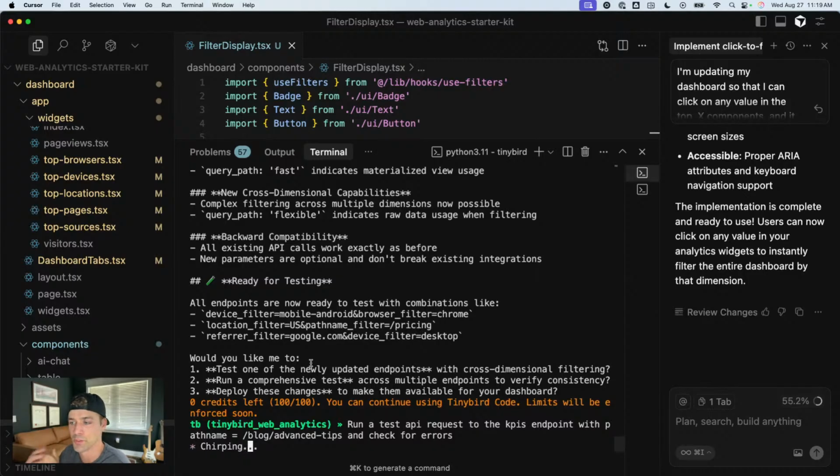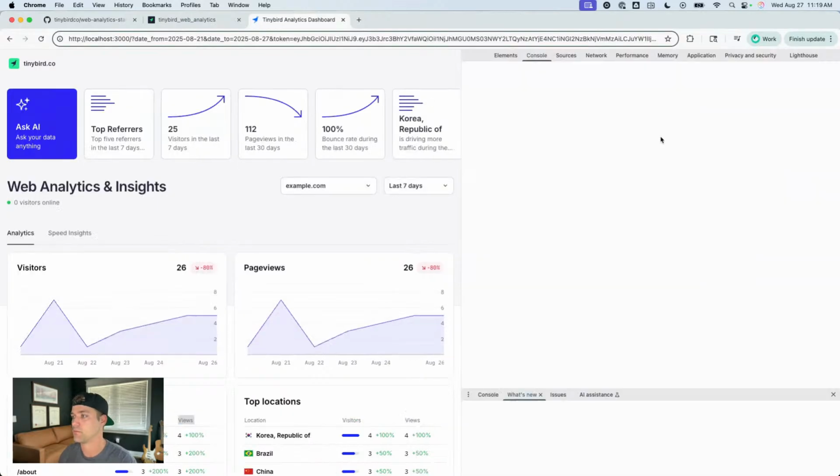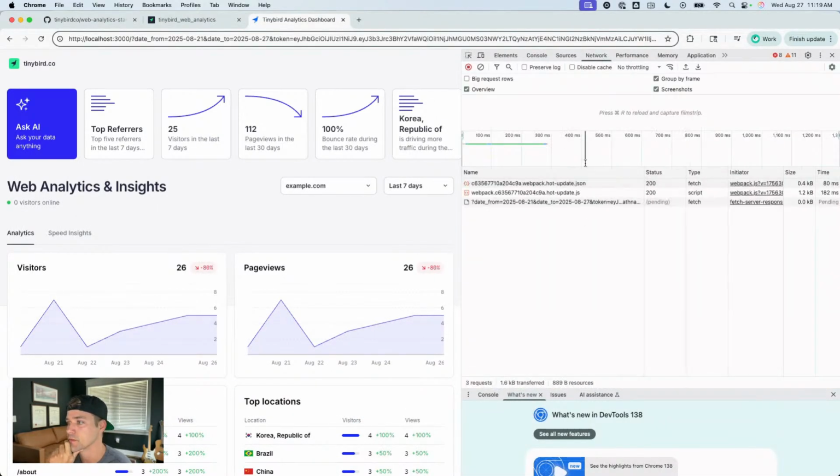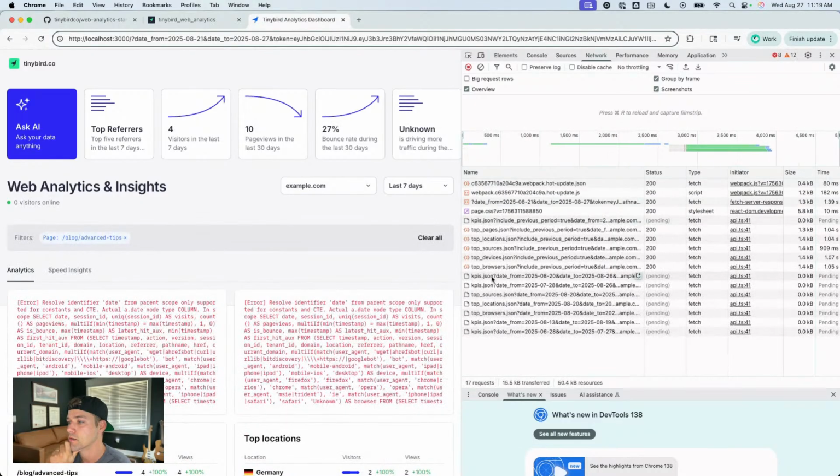I'm just going to ask Tinybird code to make a request to that endpoint. The error that I'm getting, we can see in the network tab. If we click on this KPIs,